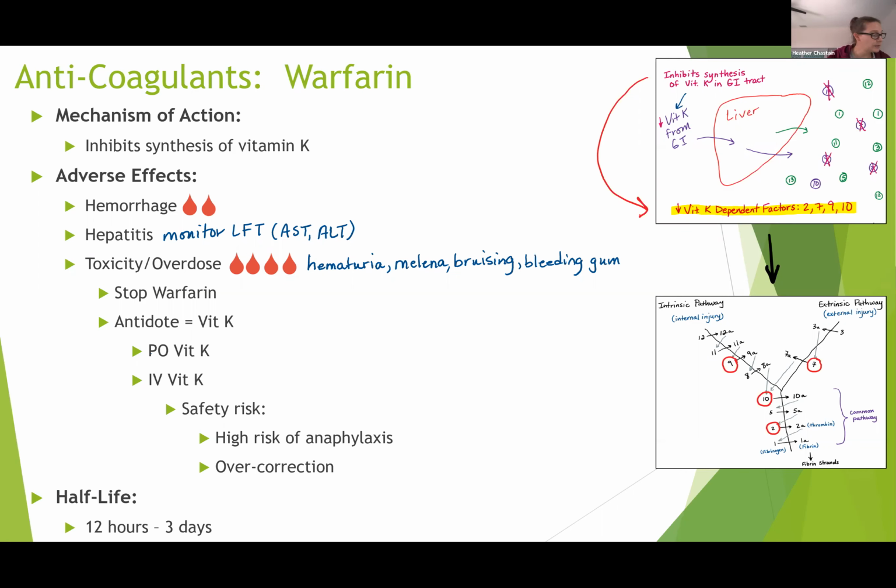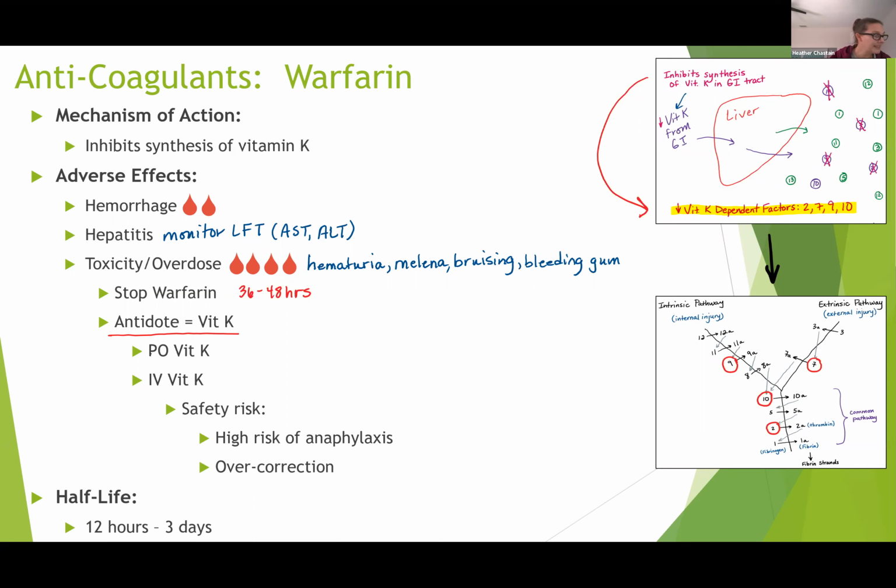So the first thing you're going to do is stop the warfarin. Now, if you just stop the warfarin, it can take 36 to 48 hours for the liver to start producing enough vitamin K dependent factors to actually start clotting, to make a difference, which sometimes that's okay. It depends on how high the INR is, okay? The antidote for